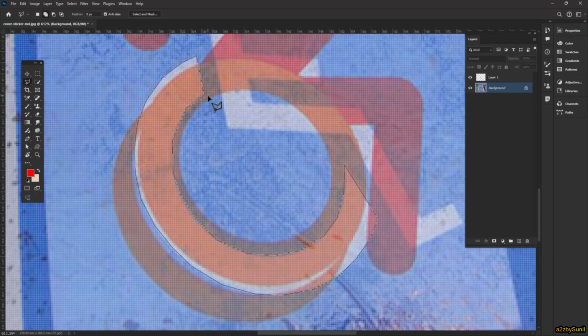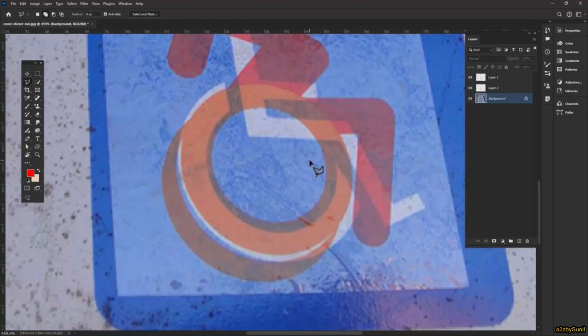So backspace again. I think this is the end point of the circle mark, and hold Ctrl+J on keyboard to make another copy. And now select the background, zoom out,